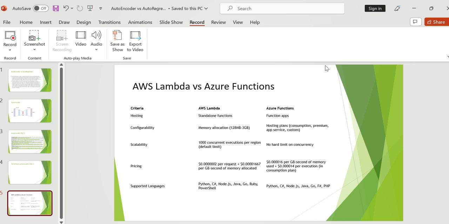To start with, I'll compare AWS Lambda serverless functions and Azure Functions. AWS Lambda functions and Azure Functions are both popular services for serverless computing, which allows developers to run code without worrying about underlying infrastructure. However, there are some differences between both of them. Here are some main differences: one is hosting plans, second one is configurability, third one is scalability, fourth one is pricing, fifth one is supported